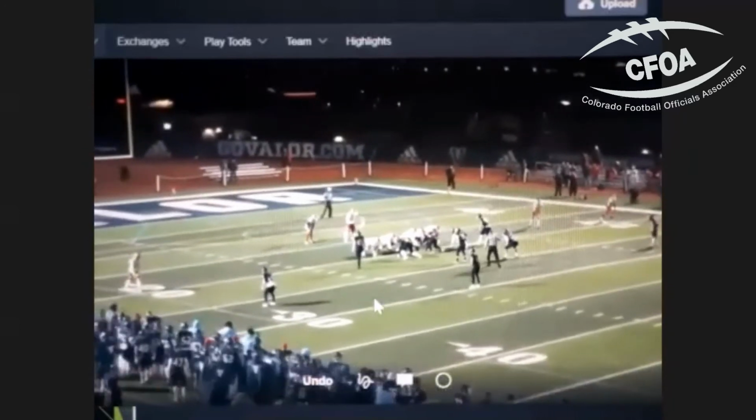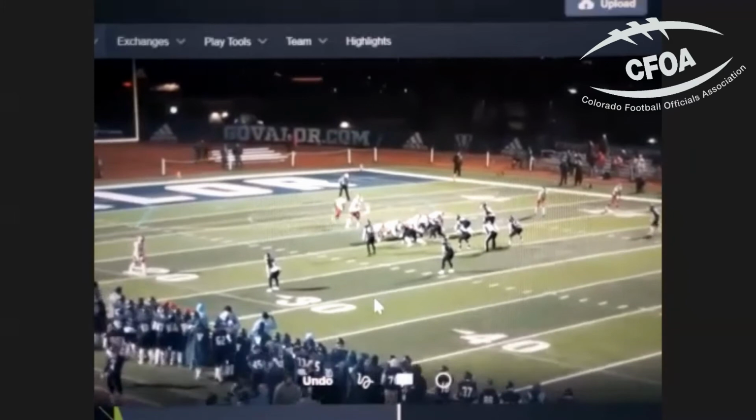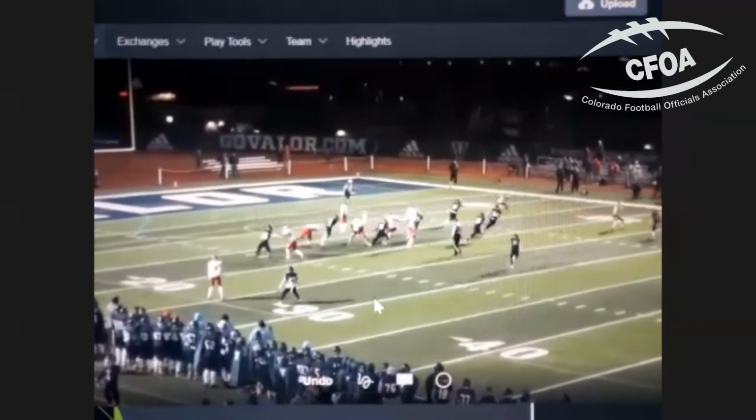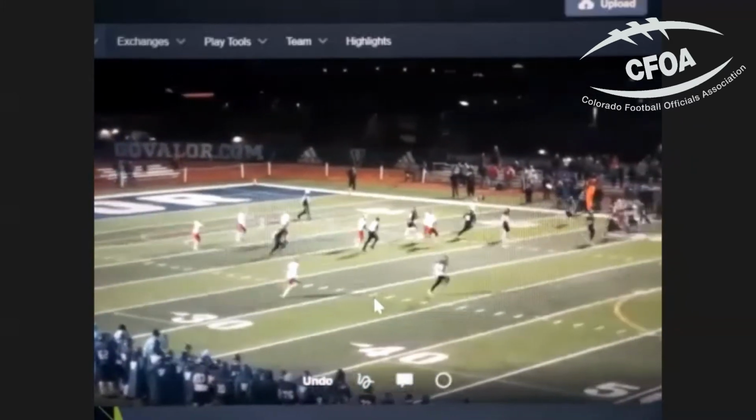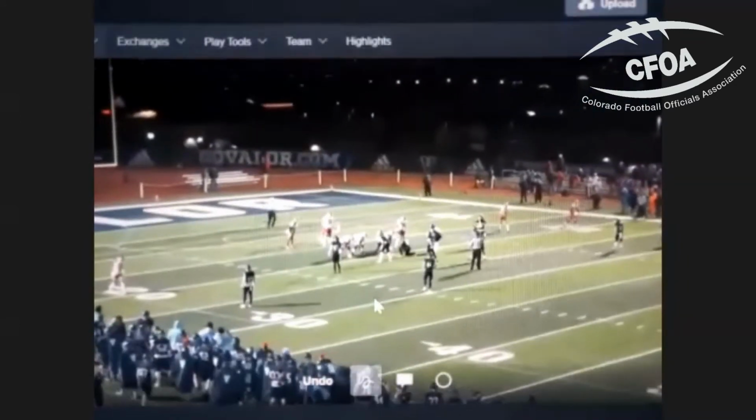They don't know anything, all they know is they're doing their zone read block to the right. Go back to the beginning here. On the far left, our receiver is going on a hitch route. Yep, a 5-yard hitch route.